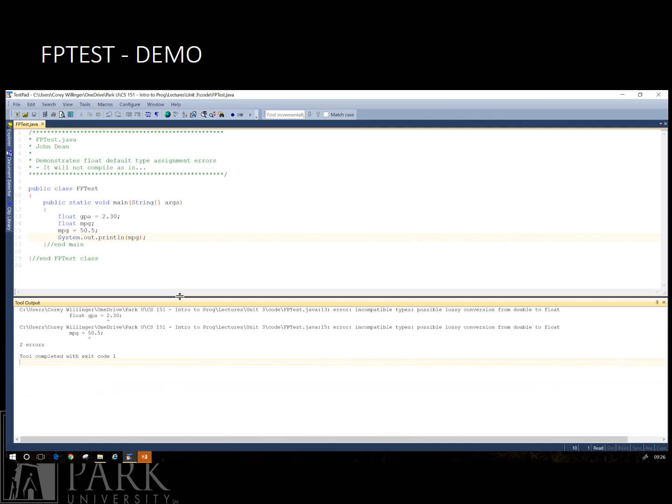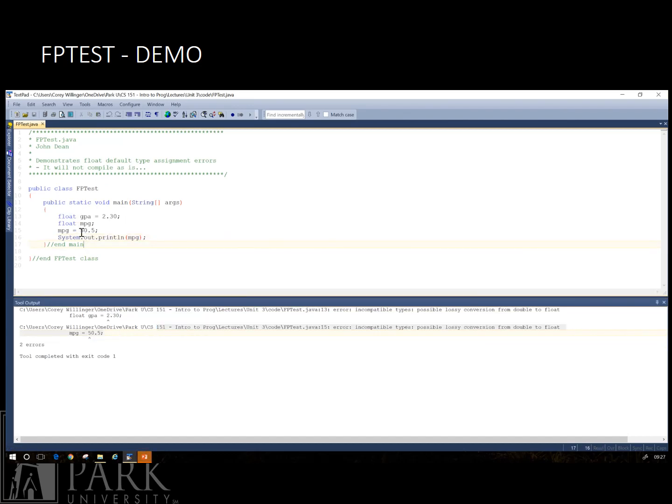Boom! It exploded on us, right? It says, hey, I don't like this. Error. Incompatible types. Possible lossy conversion from a double to a float. And then same thing again with the miles per gallon. Well, remember, that's because Java uses doubles as its default. So this is a double, and we're trying to assign a double to a float,